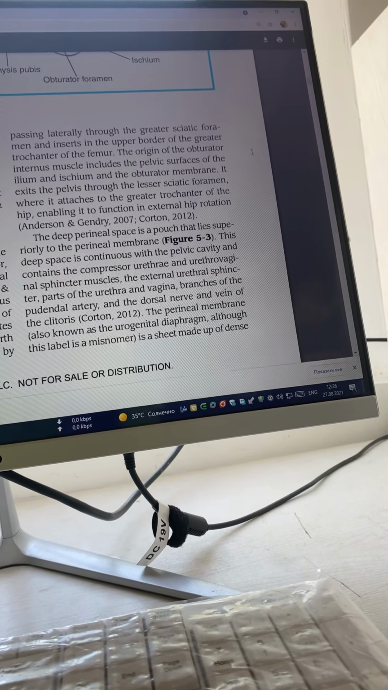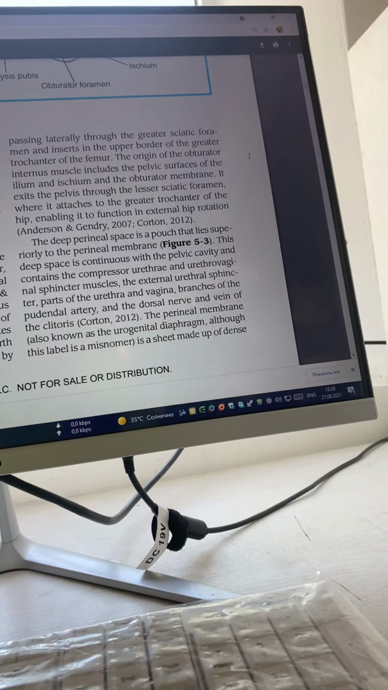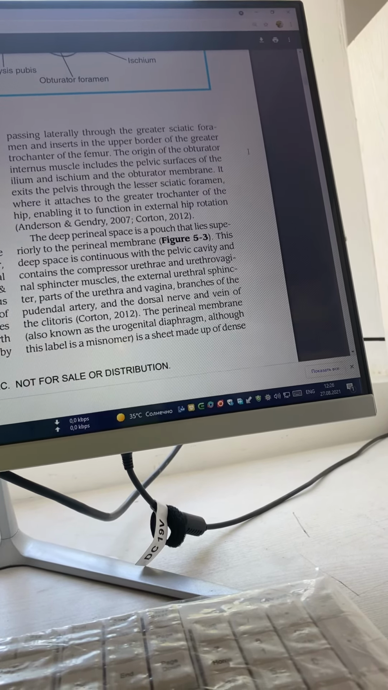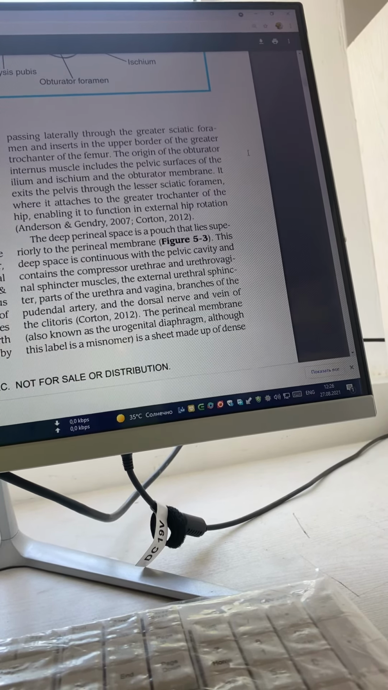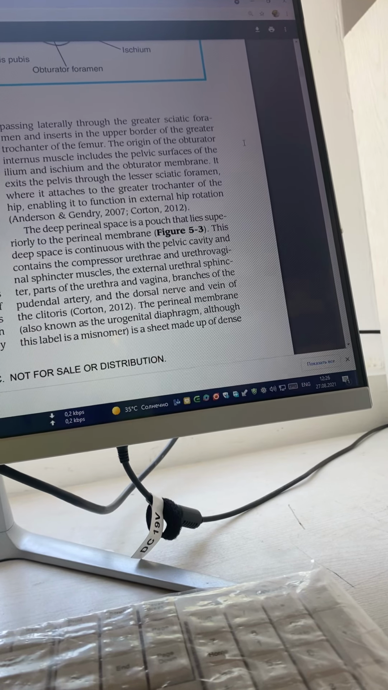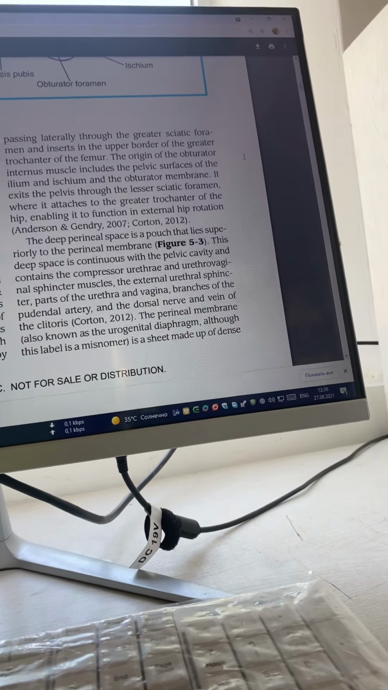The deep perineal space is a pouch that lies superiorly to the perineal membrane. This deep space is continuous with the pelvic cavity and contains the compressor urethrae and urethrovaginal sphincter muscle, the external urethral sphincter and parts of the urethra and vagina, branches of the pudendal artery, and the dorsal nerve and vein of the clitoris. The perineal membrane is also known as the urogenital diaphragm. Although this name is a misnomer, it is a sheet made up of dense